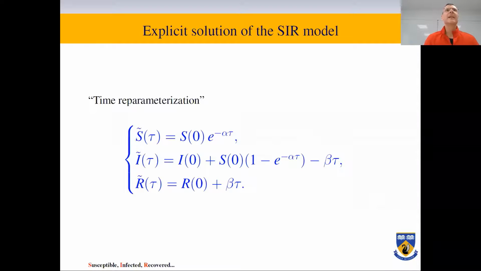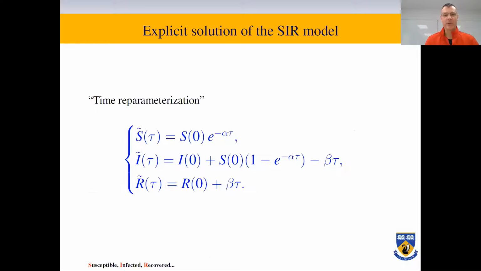So the last slides are just for the mathematicians. These are a little bit technical, but just let me mention that it is possible, in a sense, to find an explicit solution for the SIR model, though this is a little bit artificial because it's explicit only in terms of an implicit